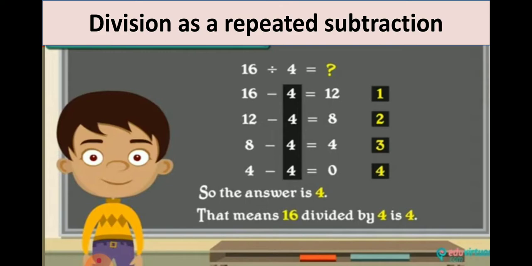So here you can see either we divide 16 by 4 or we can subtract 4 times from 16. When we divide 16 by 4, we get remainder 0. Here also we get remainder 0. At the last you can see 4 minus 4 is equal to 0. The quotient in the first case when we divide 16 by 4 is 4. The answer in the second case is the number of times you subtract 4. So here you can see we are subtracting 4 times from 16, then 12, then 8 and 4 respectively.